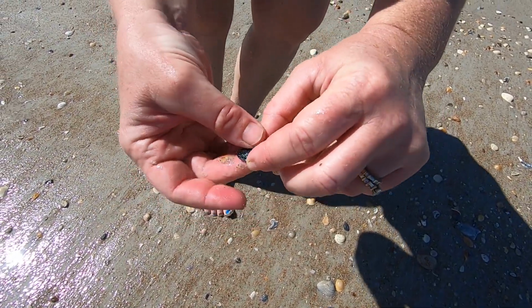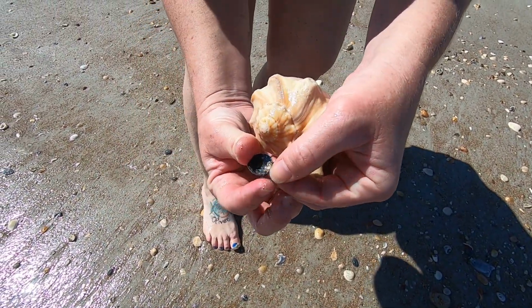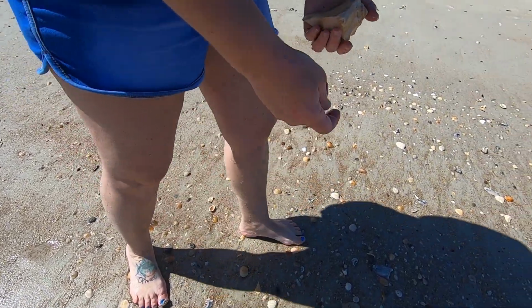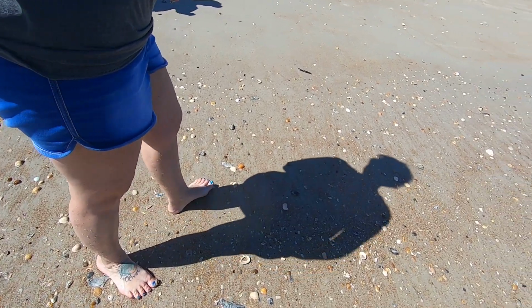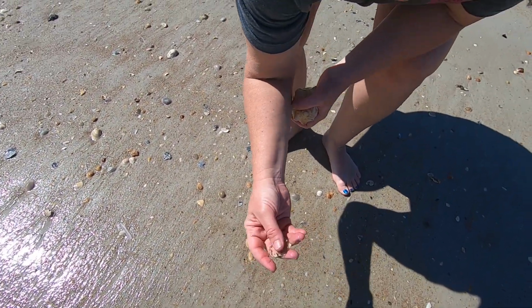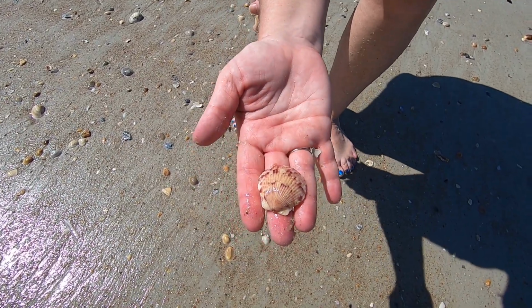Full of dirt, clean the inside out. Little jingle shell. Pretty. Look at the colors in that scallop right there, Steph. Oh yeah, that's pretty. Now when we were at Sanibel a couple days ago, we saw lots and lots of